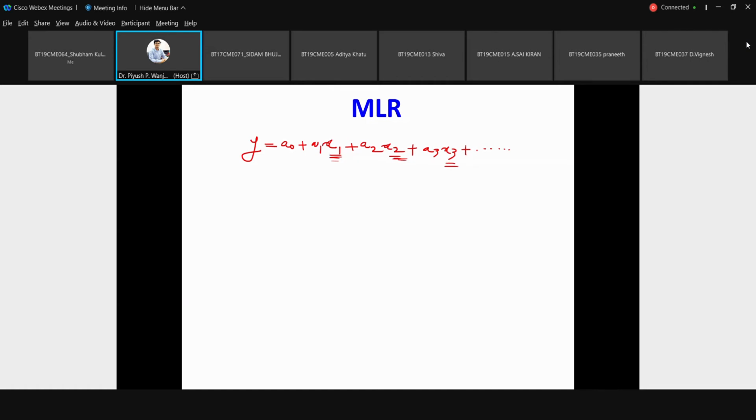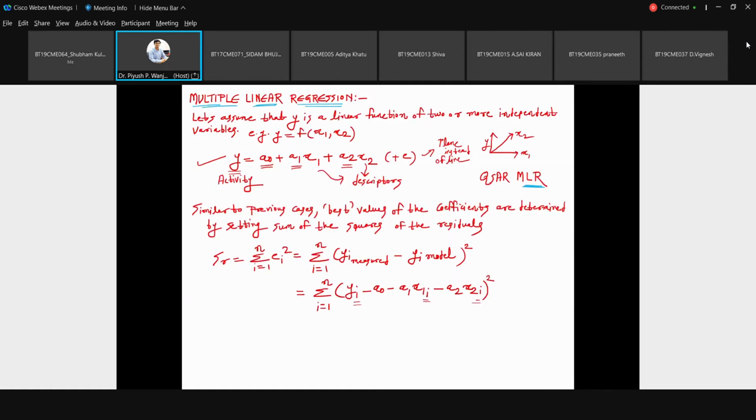Okay. So if you want to apply the same concept here that we used earlier, we can do that. So y is equal to, again, this equation will come. If we are considering just two variables, then x1 and x2 come into the picture. This is our developed model, and this is what we already know experimentally, so we can always associate some error with the actual value of activity.